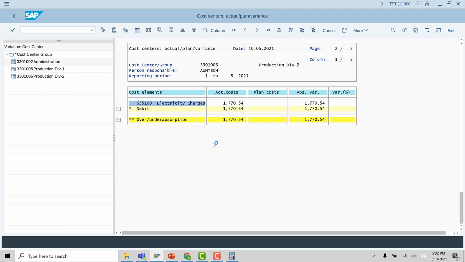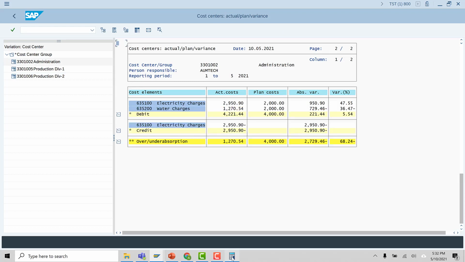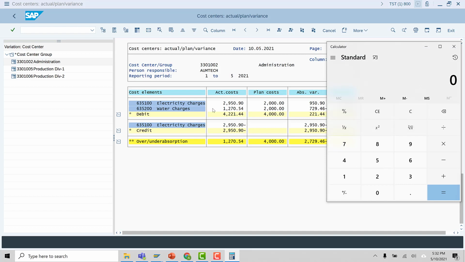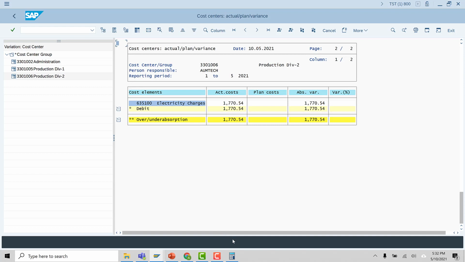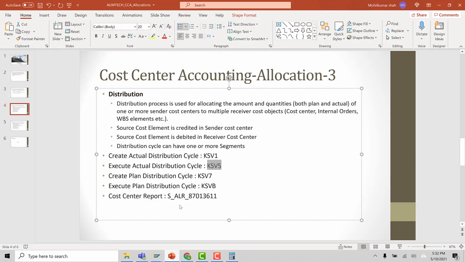You can calculate, which is 60% of 2950.9, as per the distribution cycle. 60% of that is 1770.54. So with this, we complete our discussion on the reposting and distribution in cost center accounting, right?